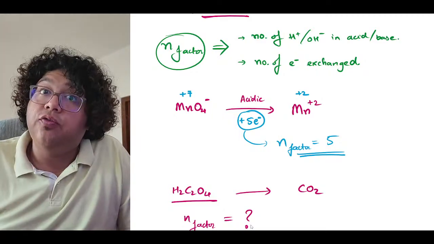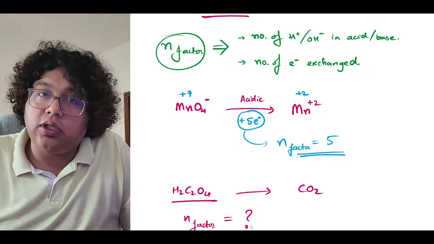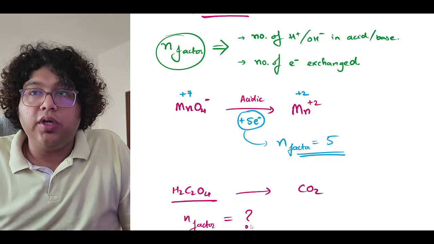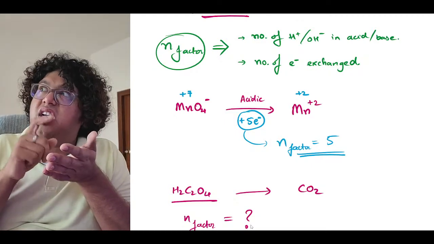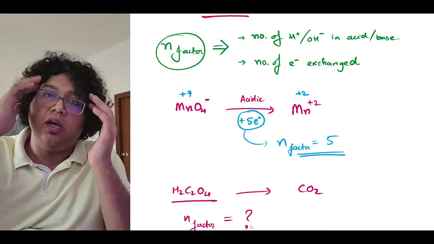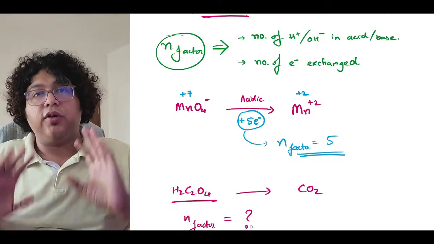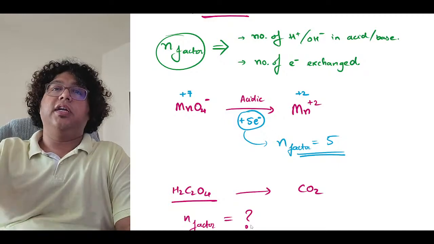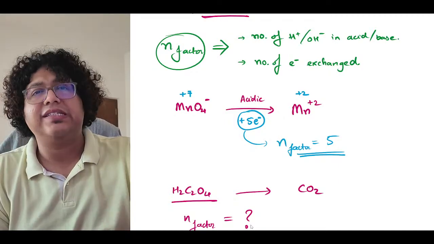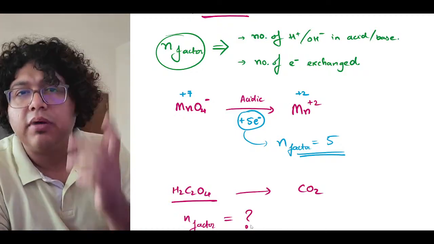Now, I know that MnO4 is going from plus 7 to plus 2. Imagine some complex organic compound getting oxidized or reduced. Now, you cannot just keep on sitting and writing down, this carbon went from plus 3 to plus 2, but that carbon went from plus 3 to plus 4. How many carbons are going from this to that? That will be done for you. So what you will get is simply the N factor for this compound when undergoing oxidation reaction, 6, 8, 9, whatever. It can be a number. It's just a number, or simply a multiplier.